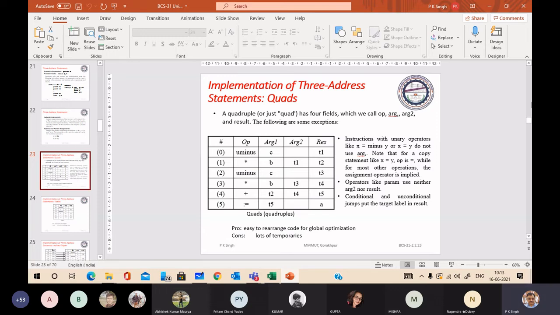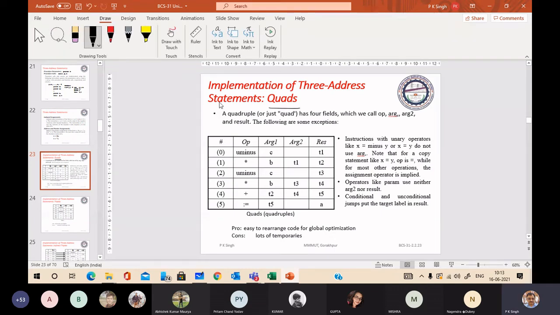So first, see quadruple. As its name suggests, quad means 4, so it has 4 fields. Here we have the references of various three address statements.